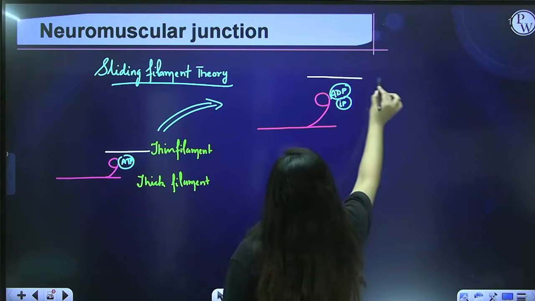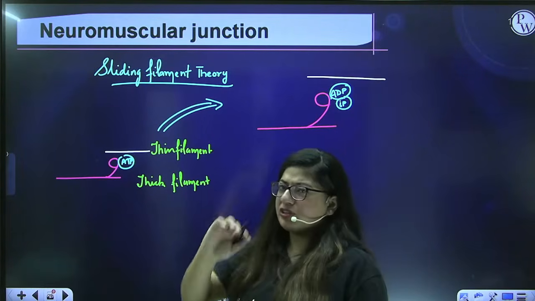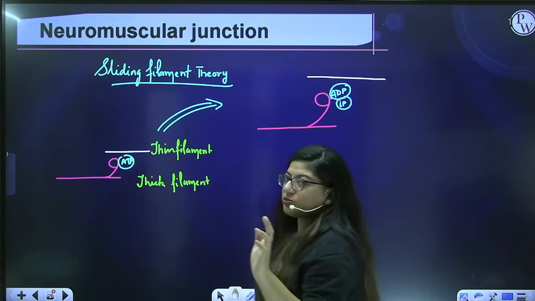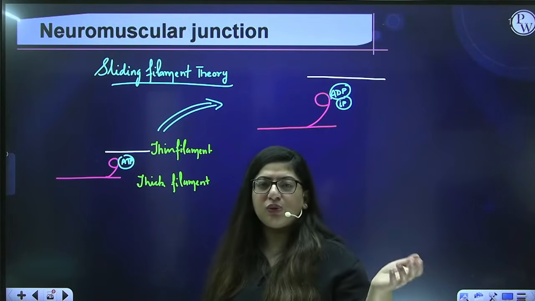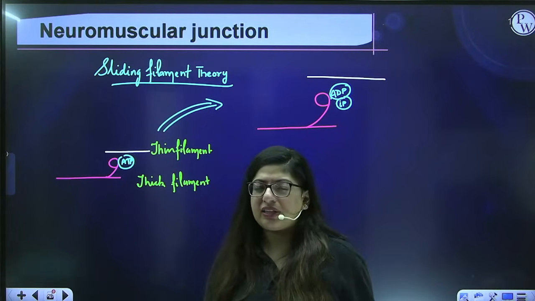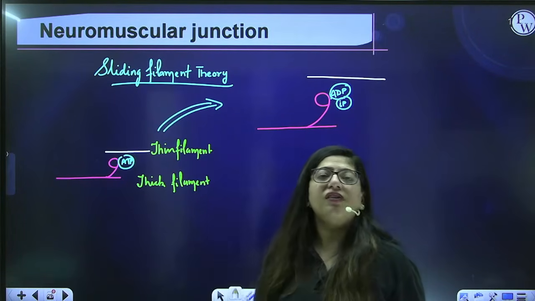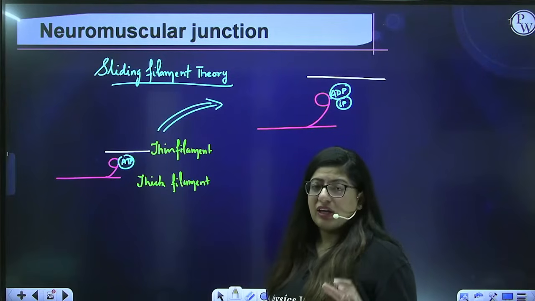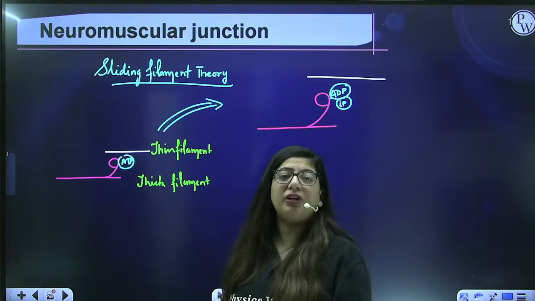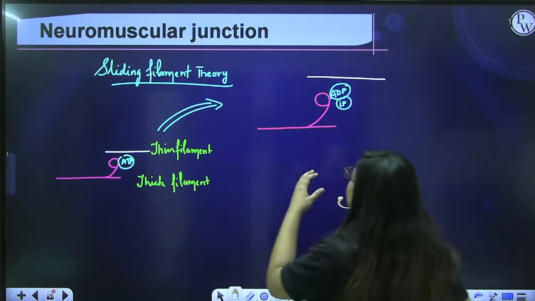I'm just zooming out. I have made the bigger one because that will be congested for you. So what happened? Imagine the calcium has been bound to the troponin C. Conformation changes. Myosin binding site has been unmasked. Now all tasks will be done by the myosin. Now myosin has ATP on its head, and that ATP will be utilized. When the ATP breaks down, what happened?